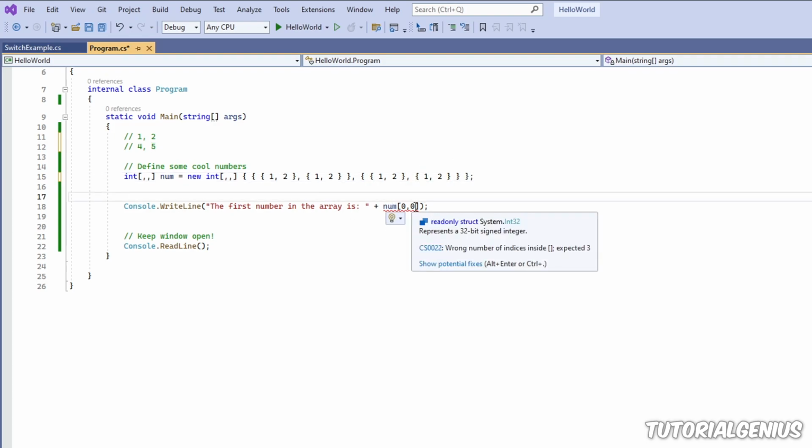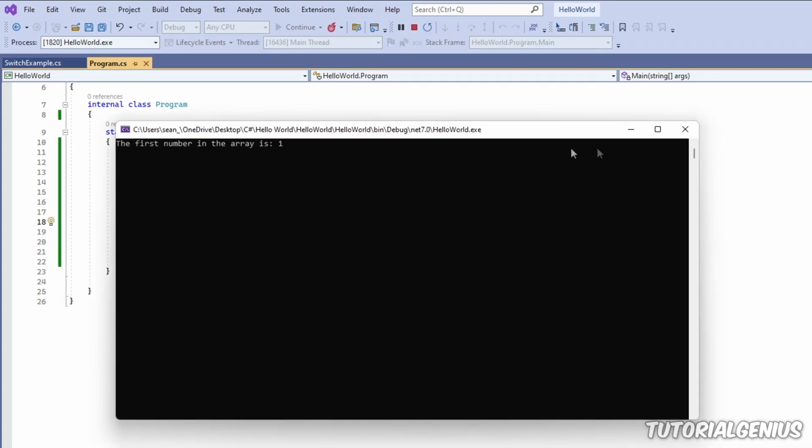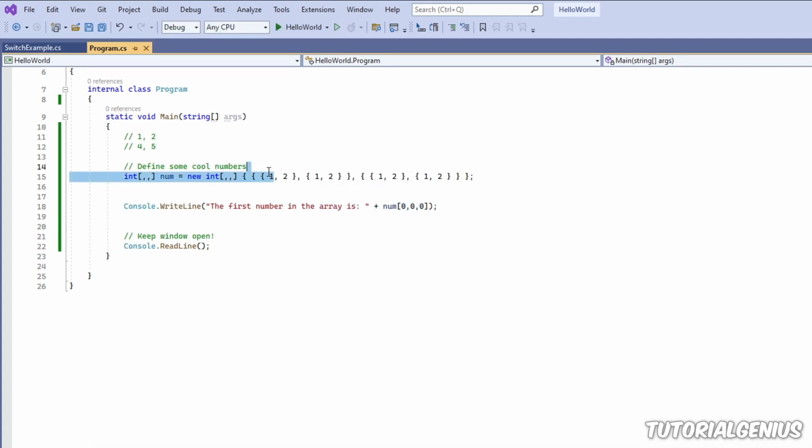And now if we hover over here, wrong number of indices, expected 3. So let's enter a third one. Now you can see the coordinate system is in 3 dimensions. So if I run the program now, the first number in the array is 1, which it is. This is the very first item. So you can see this is the concept of 2D arrays, 3D arrays, and it can go on